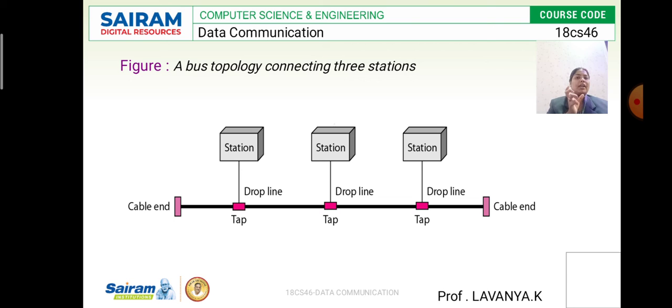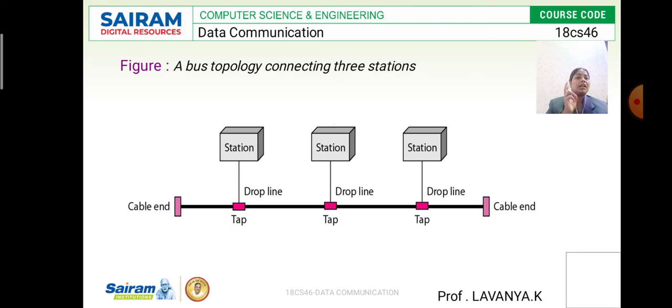Here also is the disadvantage of the bus topology. If the long transmission cable goes down, the entire system goes down. Why? Because all the stations are interconnected on that particular long cable, so if the cable is damaged or goes down, the entire system goes down. There are no transactions; they immediately stop. So this is the bus topology.